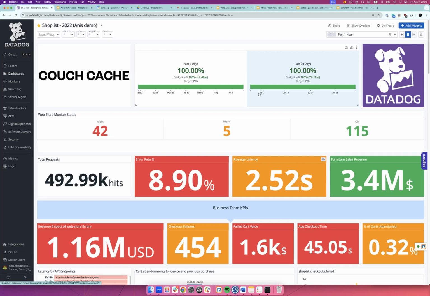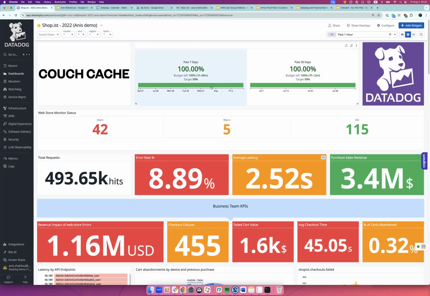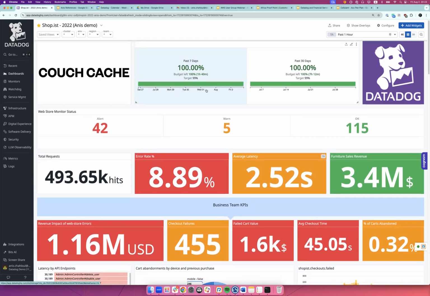What are we doing in terms of projects, in terms of infrastructure? Usually the question here comes with, okay, I have this beautiful dashboard, Anis, but how can I get all of this data? How can I collect the data? For example, let's take an AWS environment: how can I get the data and put it on the platform so I can have that level of understanding from the dashboards?